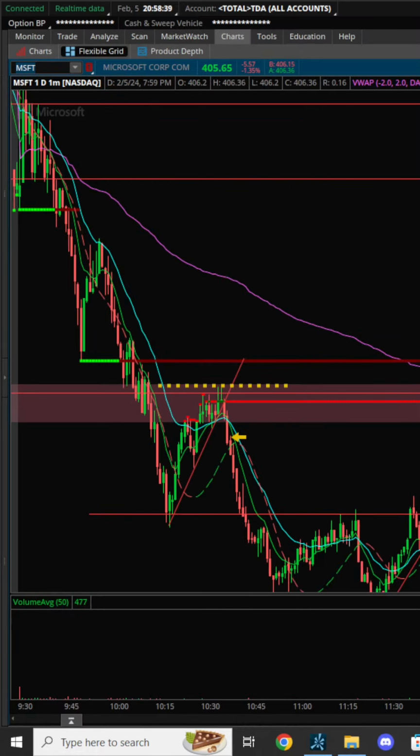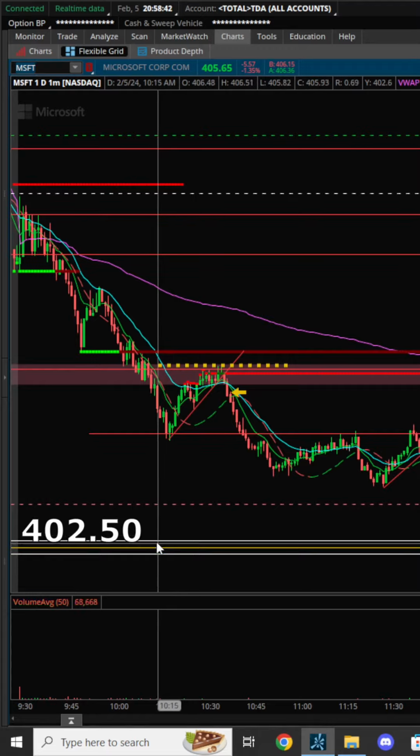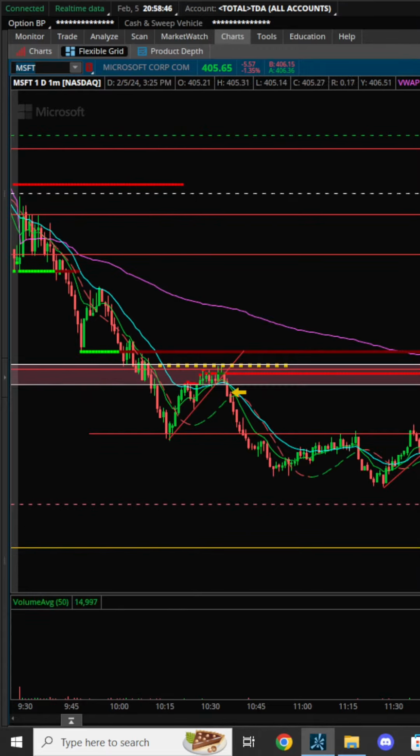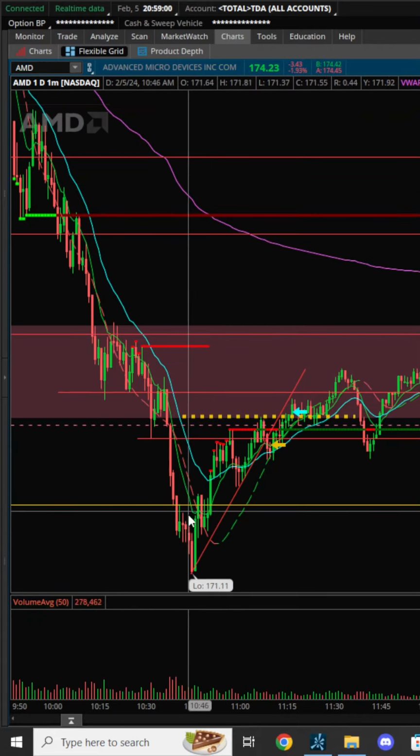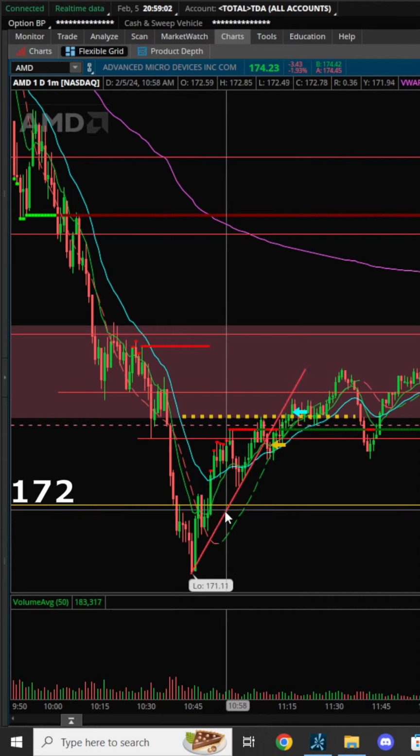As you can see, Microsoft never touched its ATR, which is down here at about 402.5, which is 7 points from its open before entering the break and retest setup, meaning it still had room to move down after the pullback. In contrast, AMD did touch its ATR at about 172 before the setup formed,